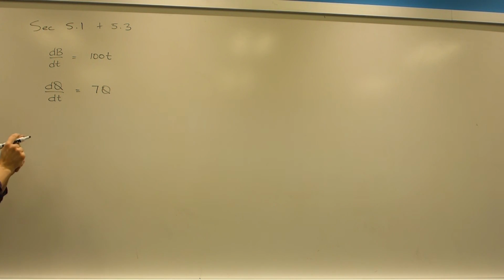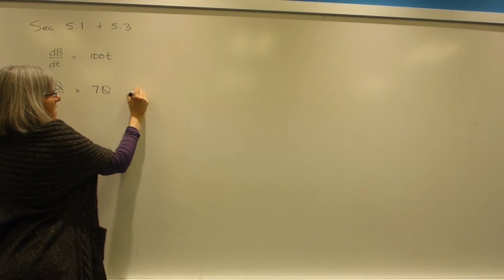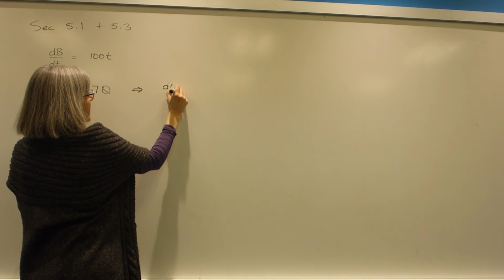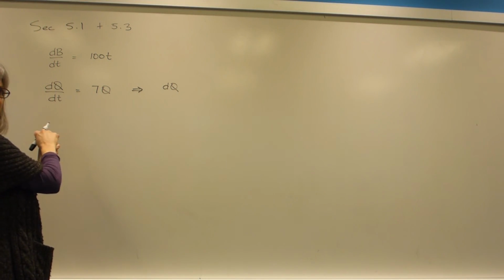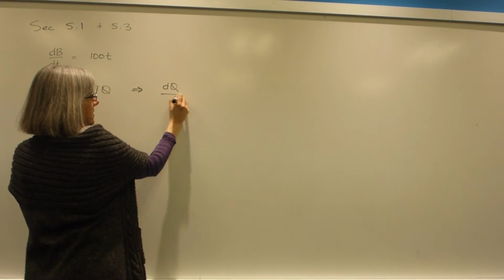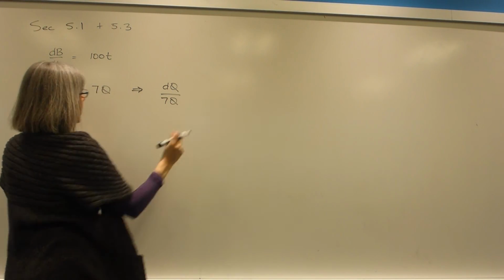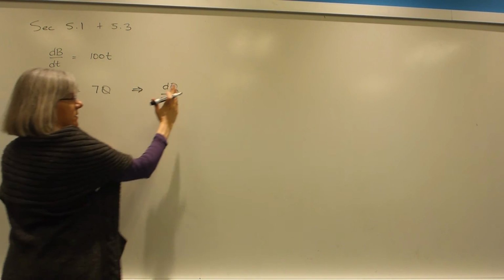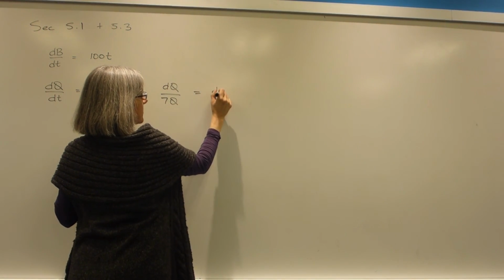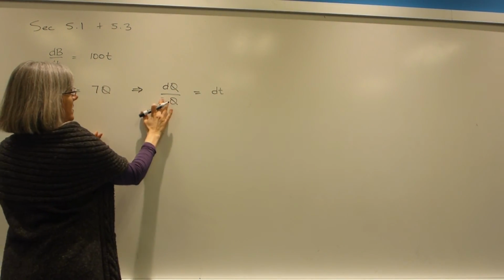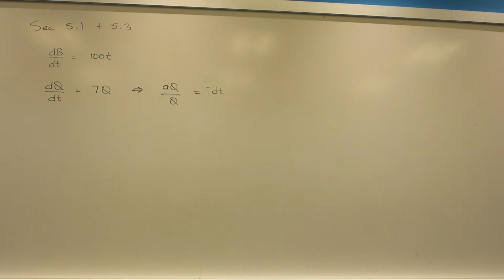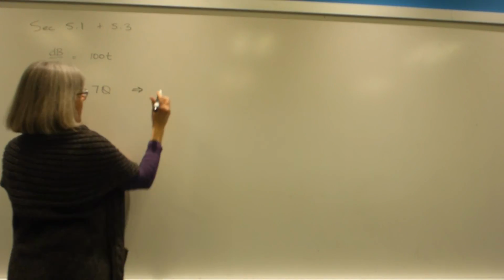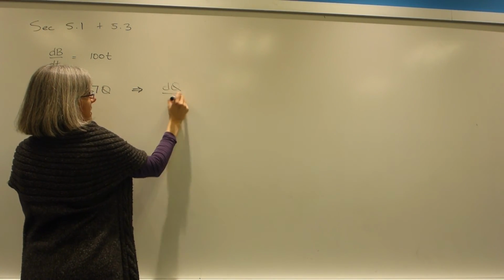So let me show you what we're going to do. In this case, it would be nice if we had, I'm going to divide both sides by 7q to get all the q's together on one side. And then I'm going to put the dt on the other side. And actually, I'm going to leave the 7 over here. Sorry. Let me try this again. I'm going to take the q and put